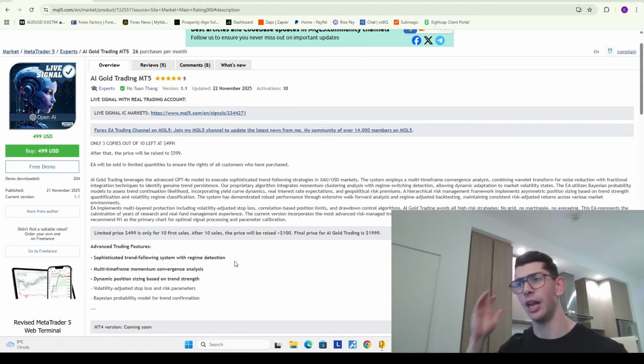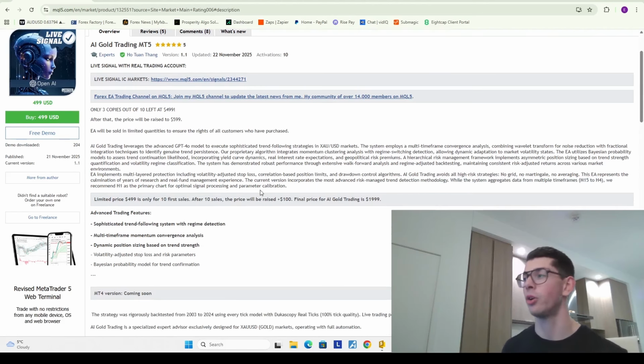So once again, like many developers, this guy is really heavily leaning on the AI aspect of this bot. If you read the description here, he's saying that it's using the advanced GPT-4o model and uses multi-layer protection, volatility adjusted stop loss. So frankly, the issue with the MQL5 marketplace is that there's many developers who actually use AI, and they use AI in a really good way. Like Brandon is a perfect example of this. But the issue is there's quite a few others that kind of try and pretend to use AI, and they use a bunch of really colorful, flowery language to make it seem sophisticated, but in reality it just looks like ChatGPT wrote the sales page.